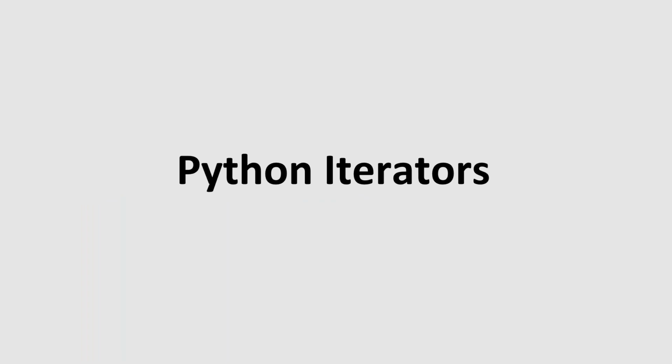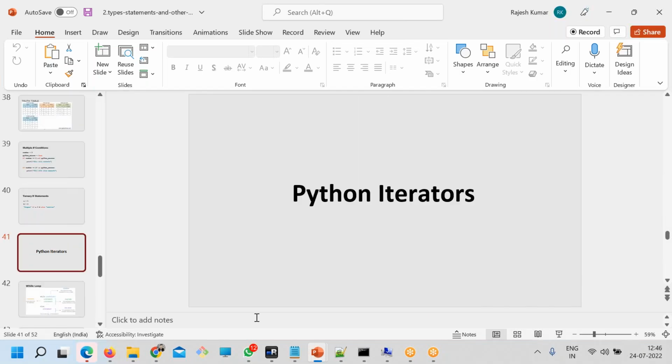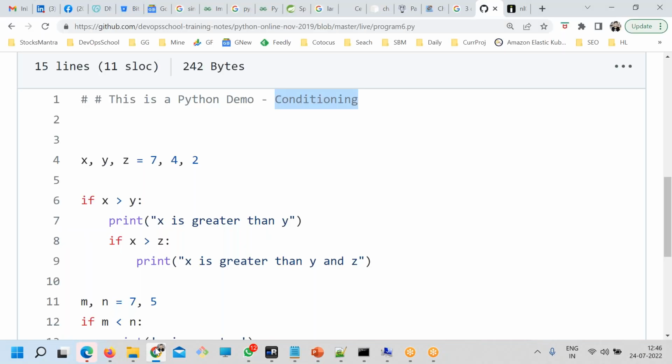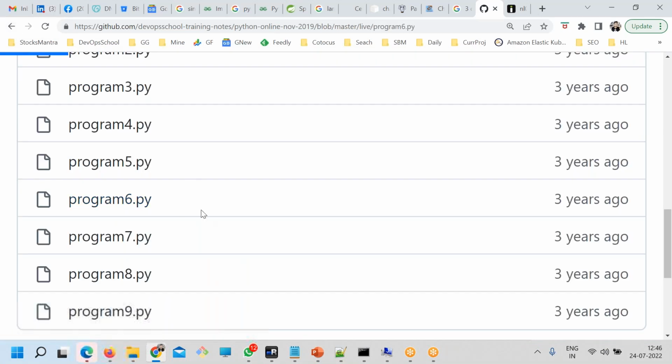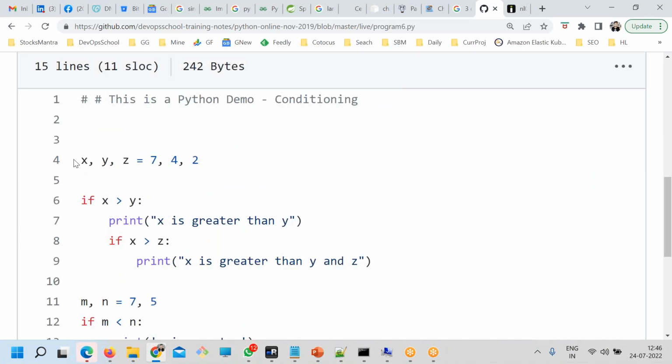Okay, so now iterators. Before iterators, let's use the code here. So what we have: x is equal to 7, y is equal to 4, and z is equal to 2.